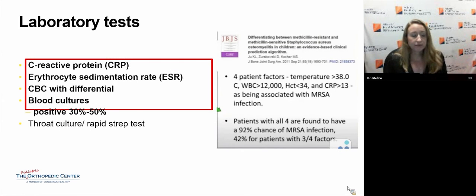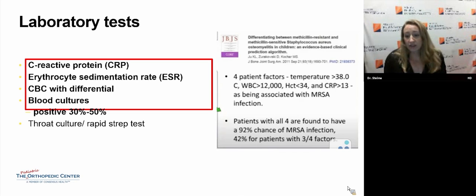So what lab tests are relevant? You want to get a CRP, an ESR, a CBC with differential, and get blood cultures. But these are positive in about 30 to 50% of cases. You can also look for another source of infection by getting a throat culture and a rapid strep test. So kids could have a respiratory infection that spreads to the bone. And other things that we've learned that can also predict the presence of MRSA are looking at the levels of all of these too. So not only can this help diagnose osteomyelitis,